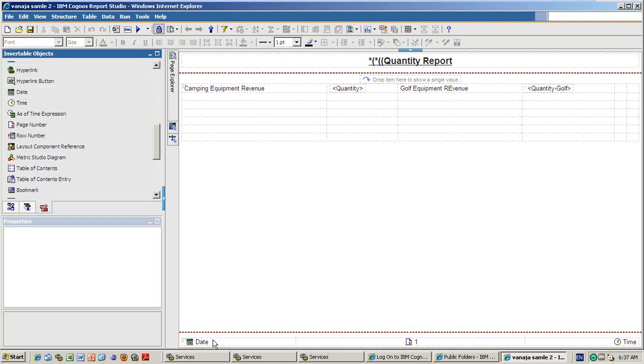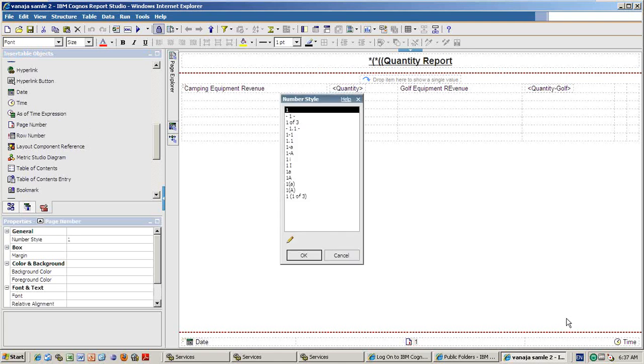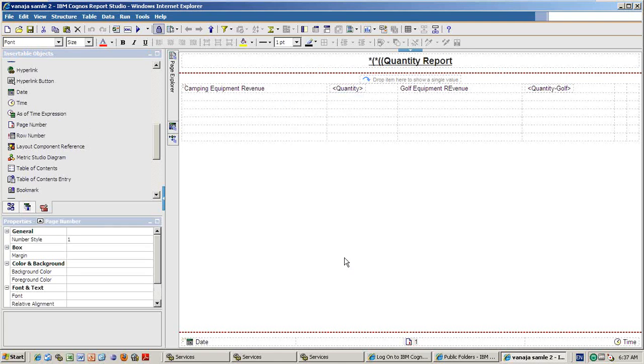Say for example, what do you mean by date? If I'm dragging the date here, and the page number I drag here, and row number. Row number I will explain to you now. Okay, you delete this one, I don't need any singletons.